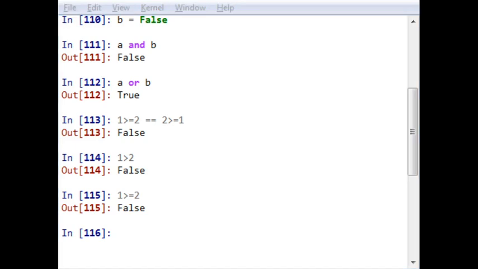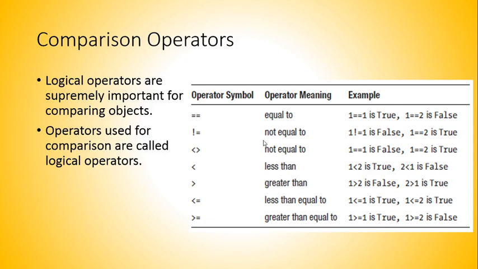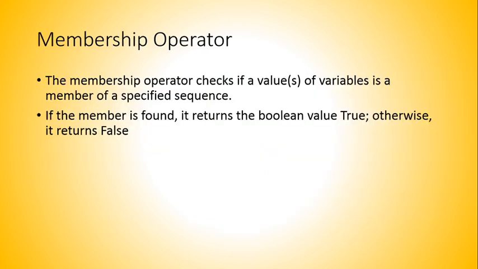So let's move further to the next topic. What is the next object? The next thing is the membership operator. It is the simplest type of operator in Python. As you know, the membership operators check whether a value is a member of a specific sequence. So let me demonstrate it to make it clear to you how membership operators work.